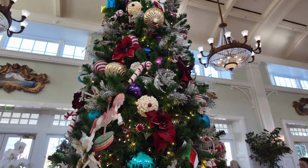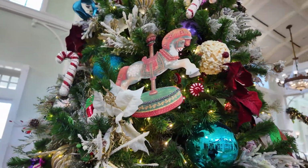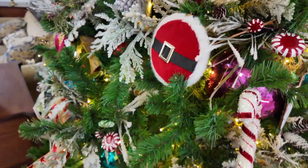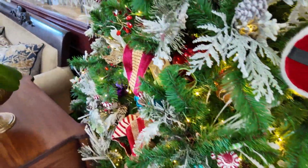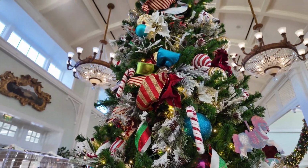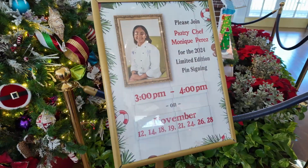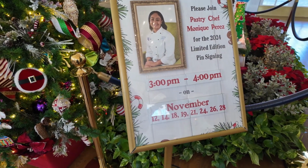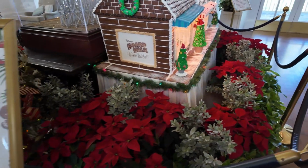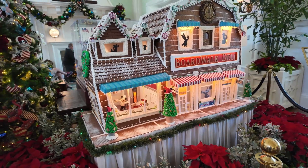But let's take a closer look here. Okay, so we have like popcorn ball, an old school carousel horse. And we have little Santa and a candy cane. Oh, I love it. So many little details. Then they do have sort of a meet and greet with the pastry chef who designed the gingerbread. And this is the gingerbread that's on display, so let's get sort of an overview, and I'll give you some